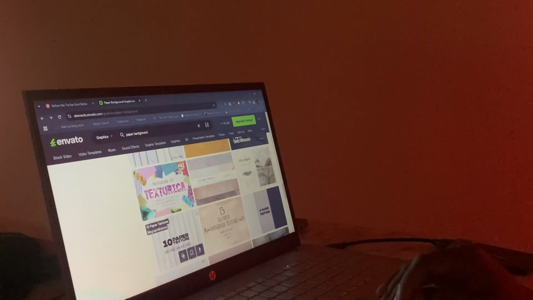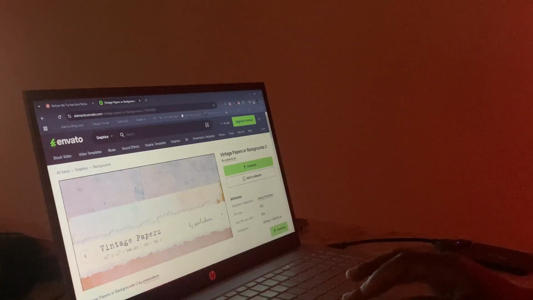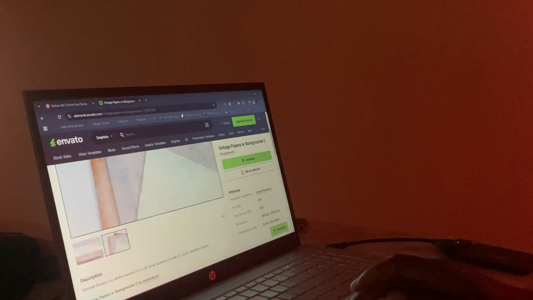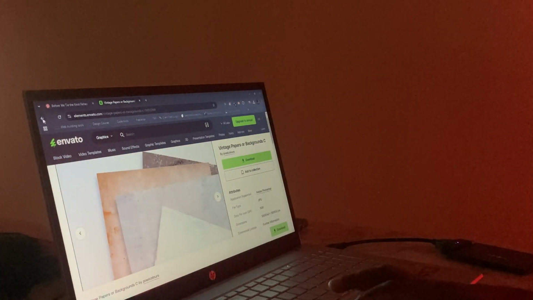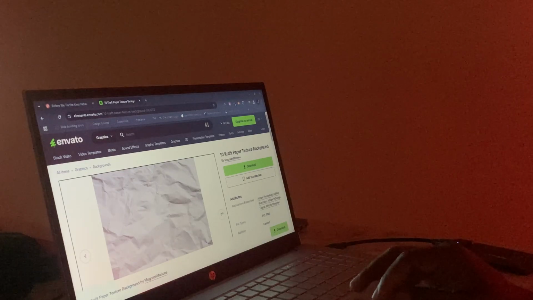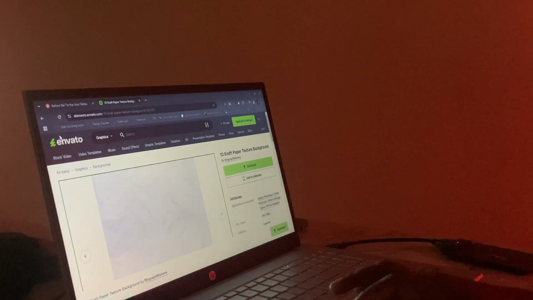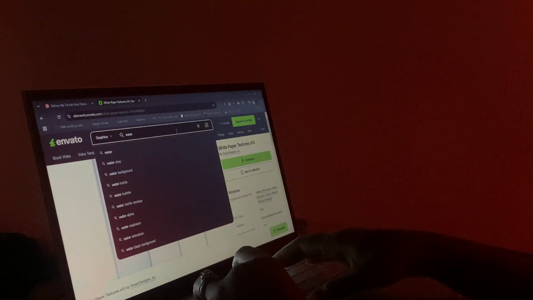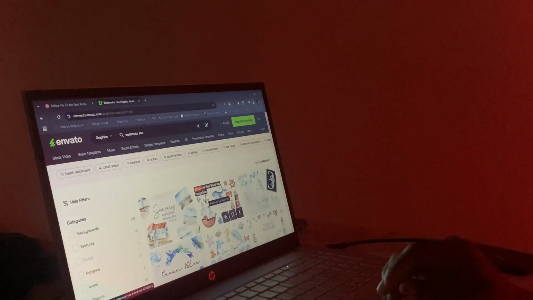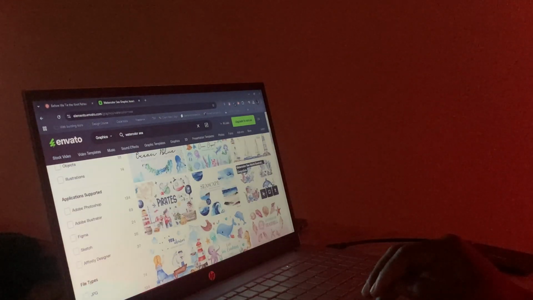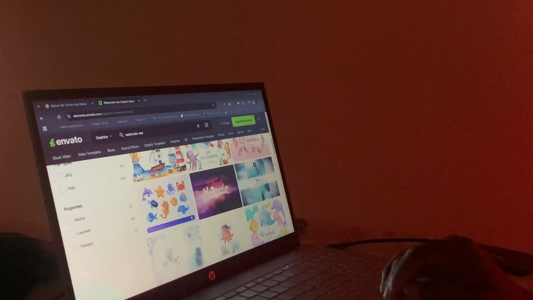After the vision board, I then go into Envato. And I said this in my first video of designing a website, Envato has been a game changer for me. So I'm searching for textured paper backgrounds, because I want the website to have a letter feel. So yes, it's digital, but I want the background to look like craft paper, if you get what I'm saying. On Envato, you can see that there's a lot of options.